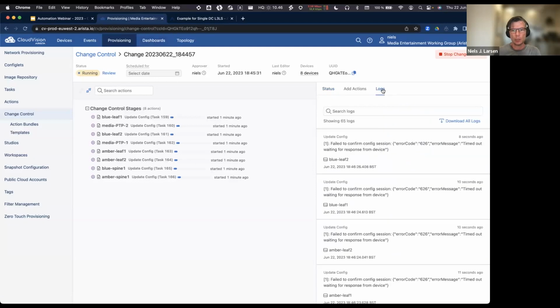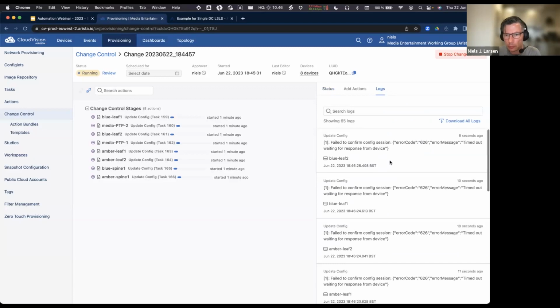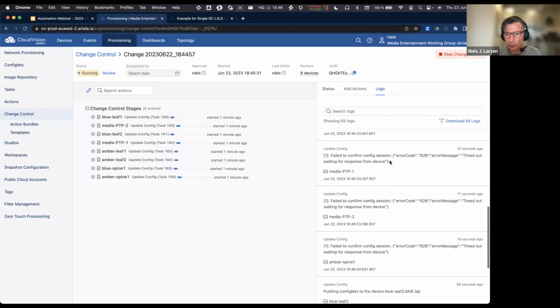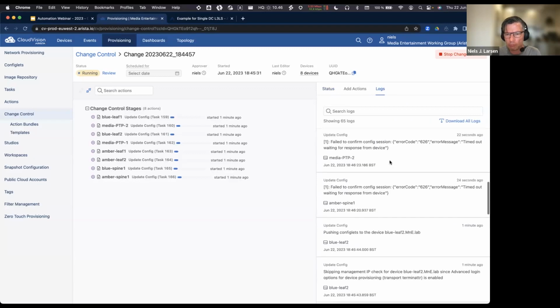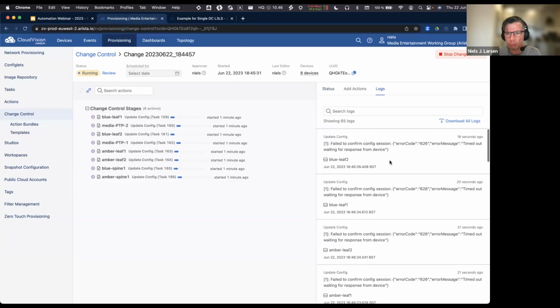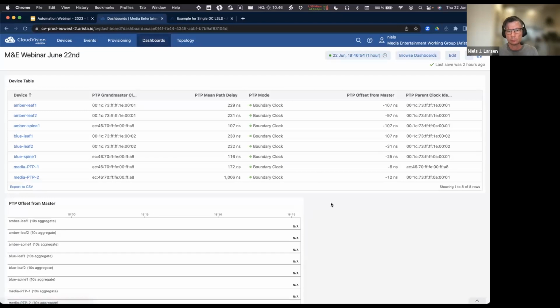And we can look at the actual logs. Oh no. This is not good. I guess the demo gods are not on my side today.